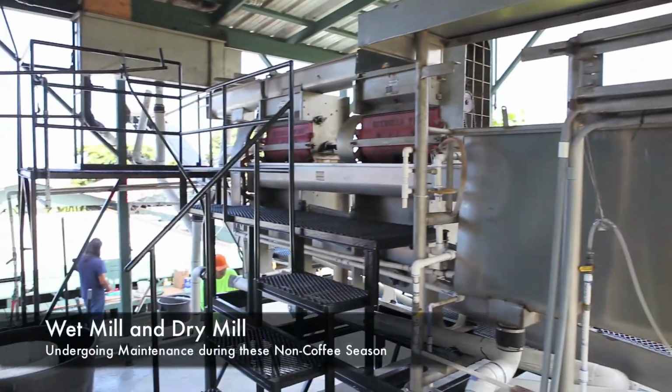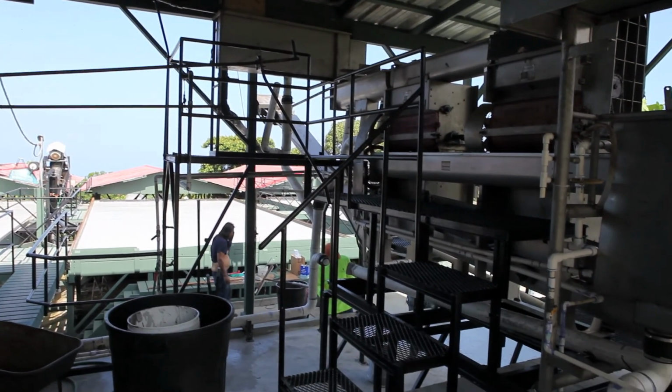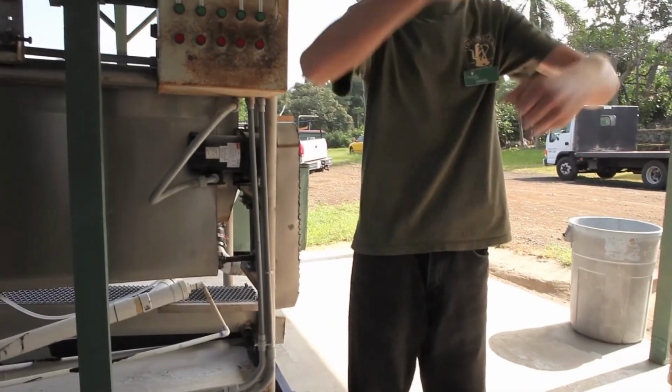It is too dry in the sun. And it dries in the sun for about 4 or 5 days. And while it is drying, of course, when there is lots of coffee especially, it has to be raked, turned over to make sure